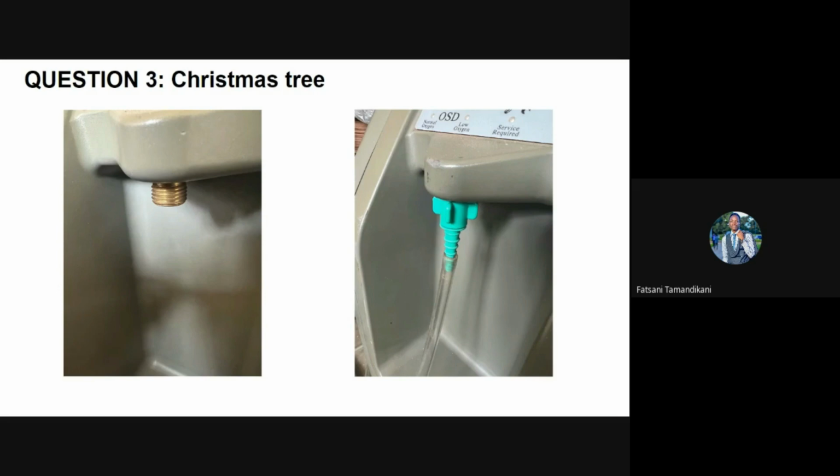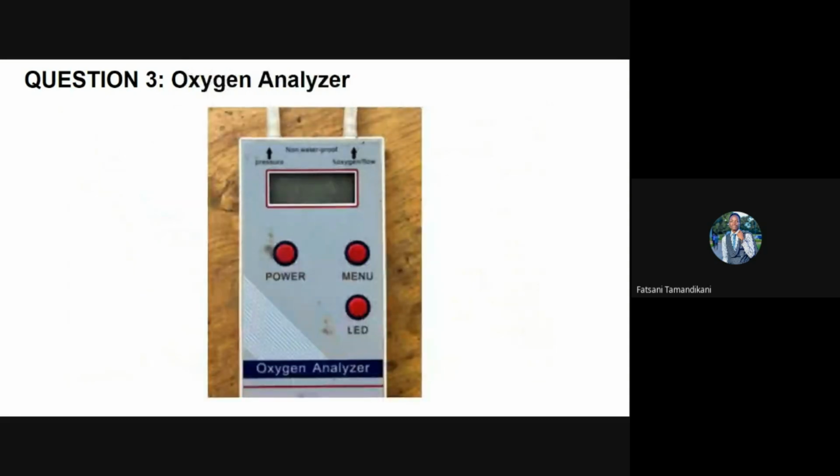Next, I'm going to look at the oxygen analyzer. An oxygen analyzer is a tool that is used for measuring oxygen concentration levels produced by the concentrator. If the hospital or workshop does not have one, it is good to purchase this because it is recommended by the World Health Organization to have at least one oxygen analyzer per hospital. The WHO recommends that an oxygen concentrator must be capable of delivering a continuous flow at a concentration of greater than 82%.